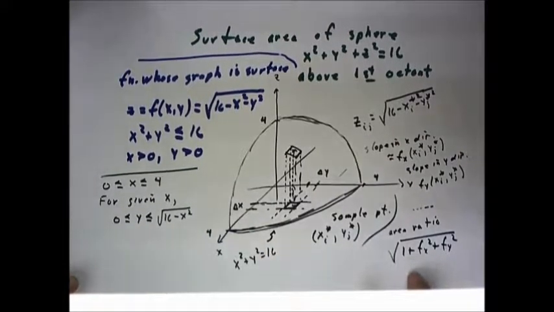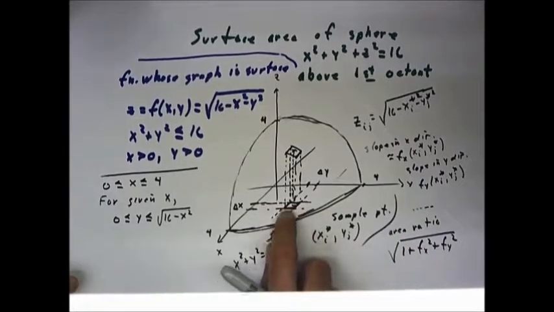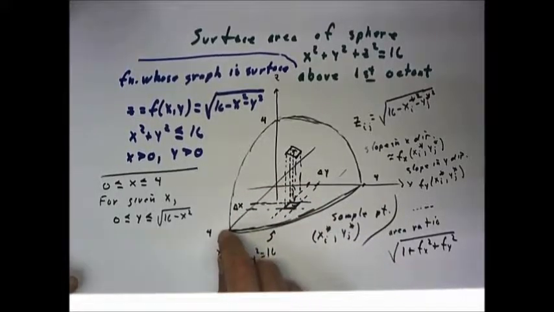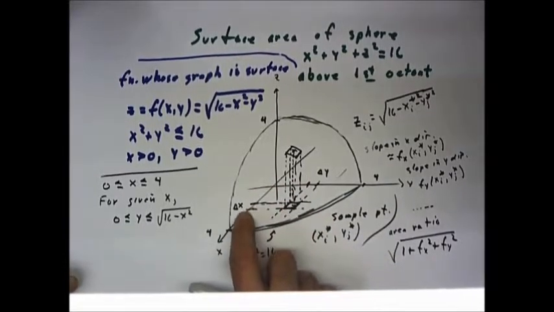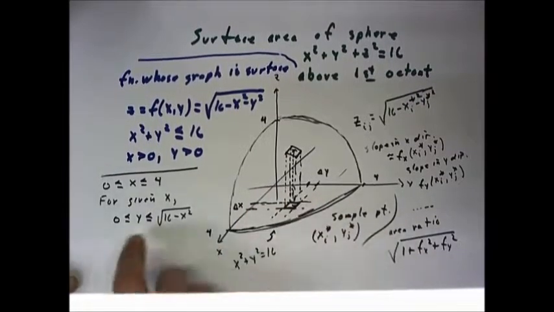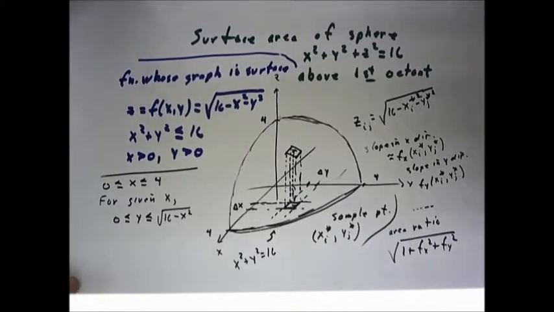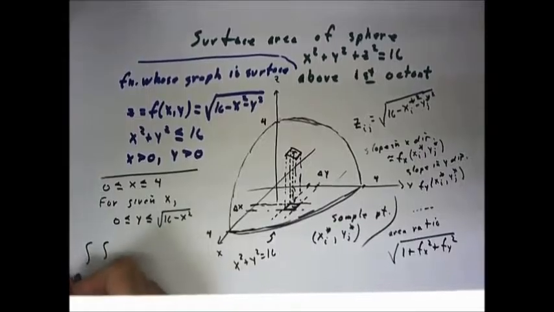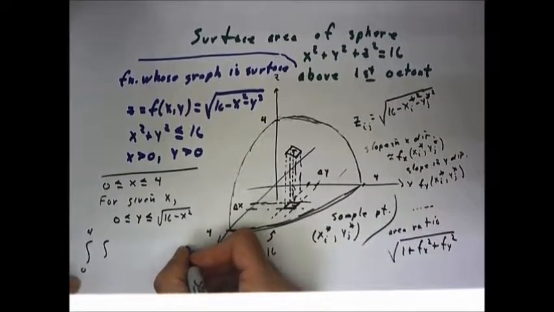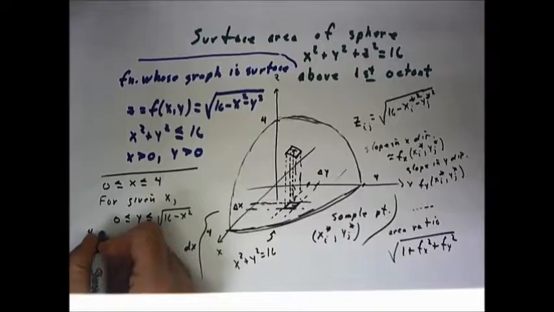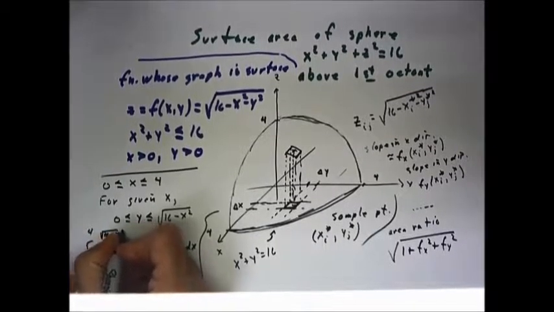Again, we can form a summation corresponding to the ij partitions, the x running from x naught to xn, the y from y naught to y sub m, where the m depends on just where x is, but the result is going to be then an integral from 0 to 4 with respect to x, and with respect to y from 0 to the square root of 16 minus x squared,